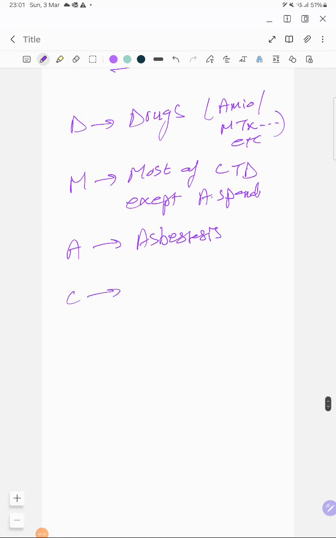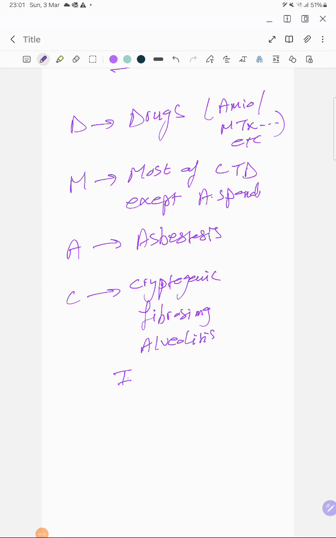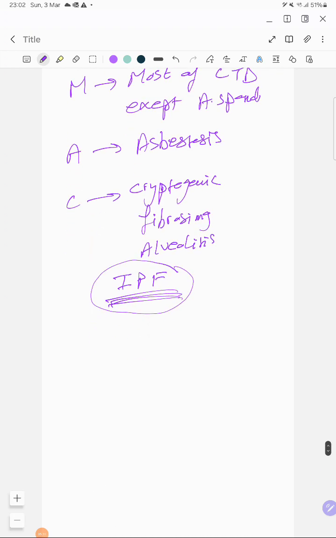And finally, C stands for cryptogenic fibrosing alveolitis, and one of them is idiopathic pulmonary fibrosis. And actually, idiopathic pulmonary fibrosis is one of the most common chest cases encountered in the setting of the PACES exam, characterized usually by a patient